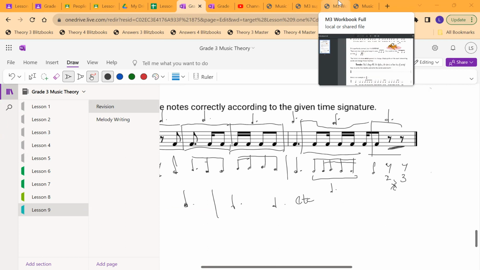By the way, can you please use a mouse for the exam? It's going to make your life so much easier. Use that setting. Do you see that thing there? You click on the note at the start of the tie, and you click on the note at the end of the tie. And if you want to erase everything, just